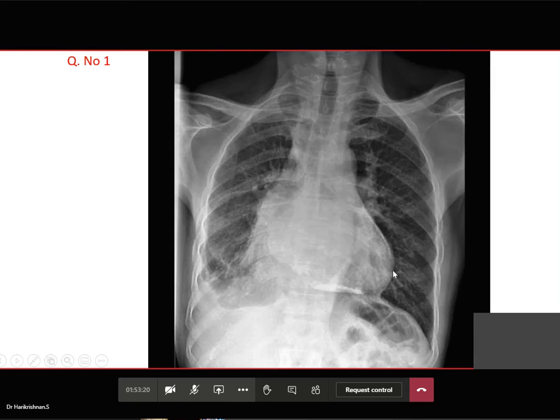And? Pleural thickening at the base of the right lung. Yes, pleural thickening, lung damage, so evidence of pulmonary tuberculosis. So this is a classical case of pericardial calcification. Which is a better view to see pericardial calcification? Lateral, sir, and it will be anterior and inferior. Here you can see a double shadow also indicating LA enlargement.